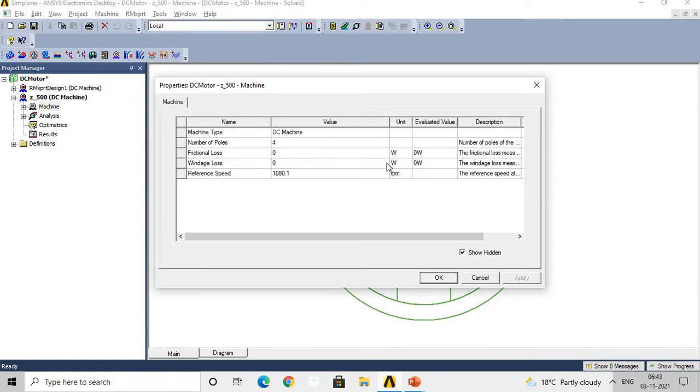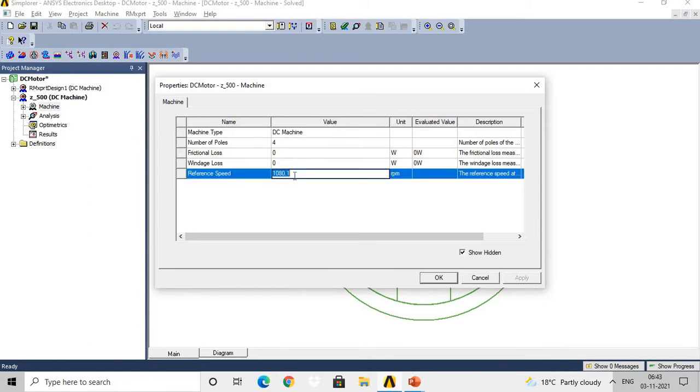But as per your design, as per the permissible value of the frictional and windage loss, you can give the input. Then reference speed means the reference speed at which the frictional and windage losses are measured. Here we have considered 1080.51 RPM. So you can give the input as per your design requirement, and then you need to click the apply button.